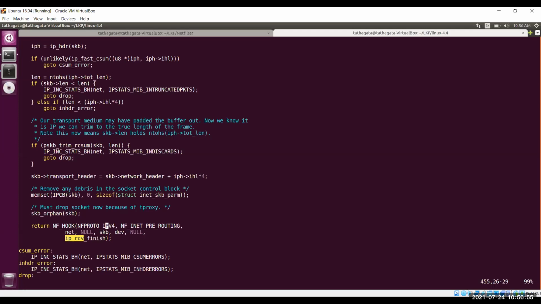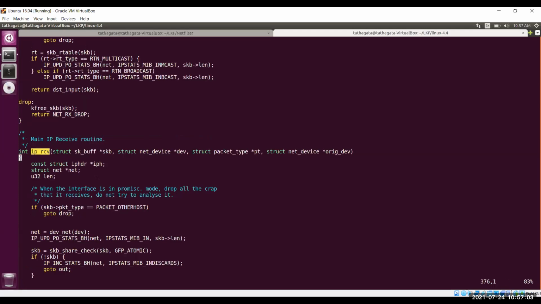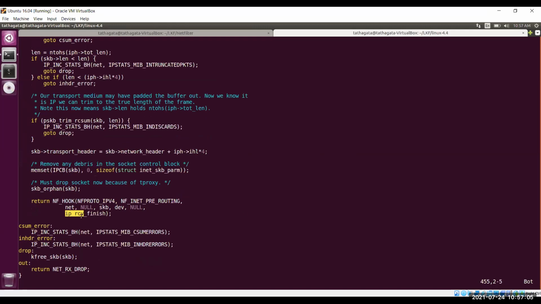After all the callbacks are called, then the ip_rcv_finish function will be called. So between ip_rcv and ip_rcv_finish, all the callbacks in the pre-routing hook point will be called in the ascending order of the priority of the callback functions.